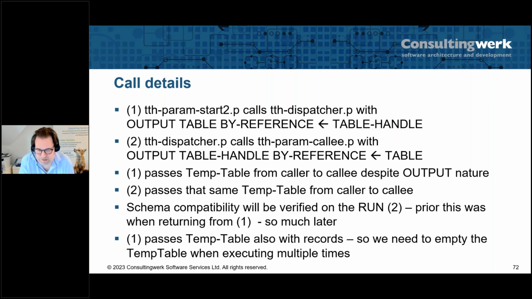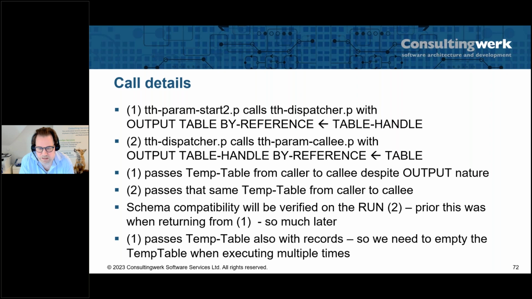And this has a nice side effect, because now the temp table from the first program, ttparent start, which calls the dispatcher, is being passed into the dispatcher. And from the dispatcher, even though it's an output parameter table handle, because it's all by reference, it's actually an input. When the dispatcher calls the final callee, the tth-parent callee.p,